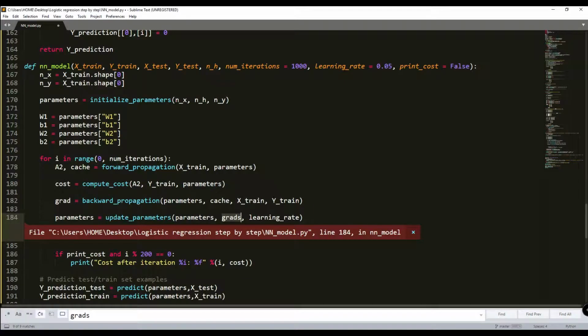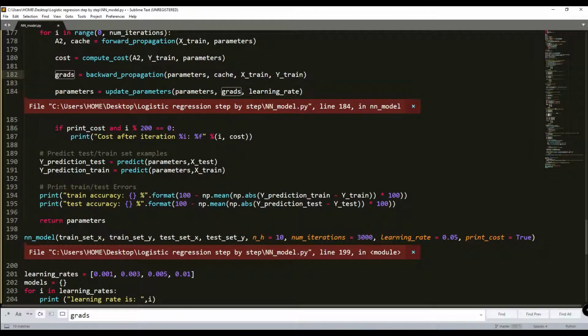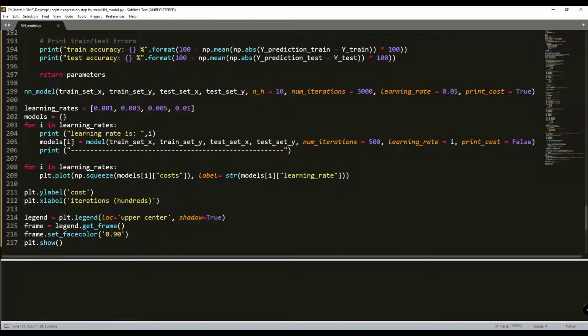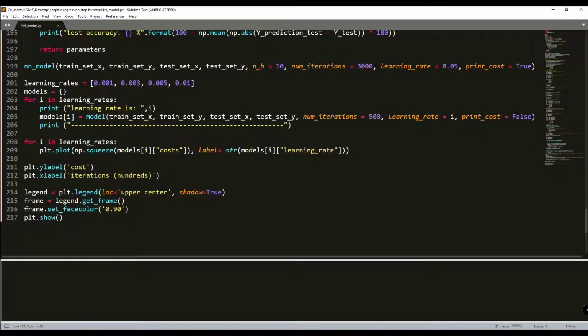Where's my... oh, here. Yeah, here should be grads, and yeah, let's try it again. And as before, I started, so I copied here my function, and now I'll just change this to